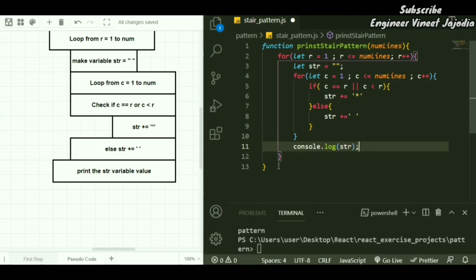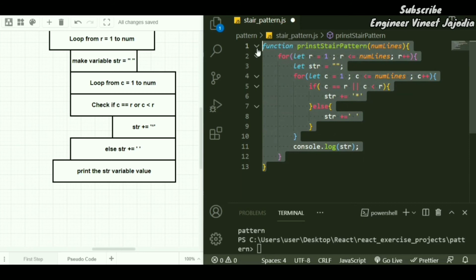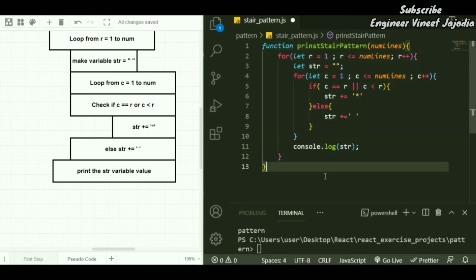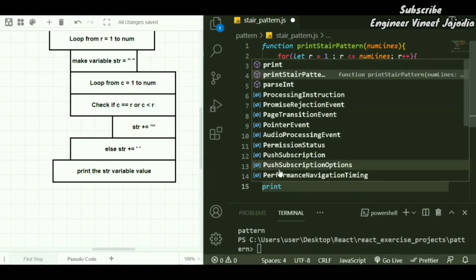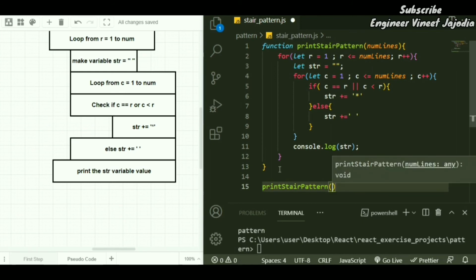Now we are going to test it. For the information, the language here we are using is JavaScript, and initially we have seen that if you know the logic of the program, then the program can be written in any language. Then call this function by passing some values like 5, the example we have seen.